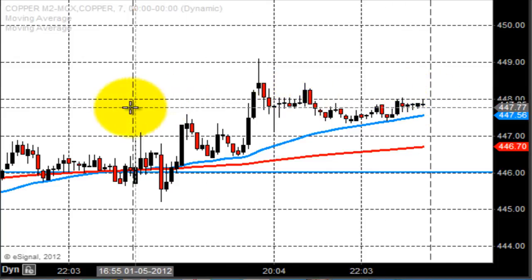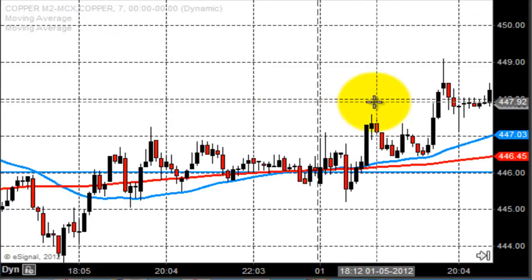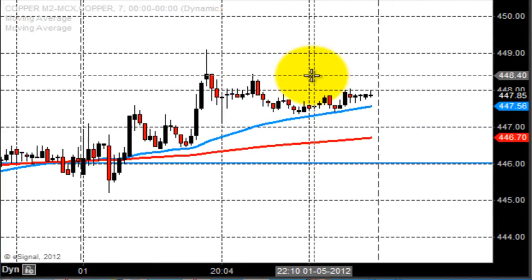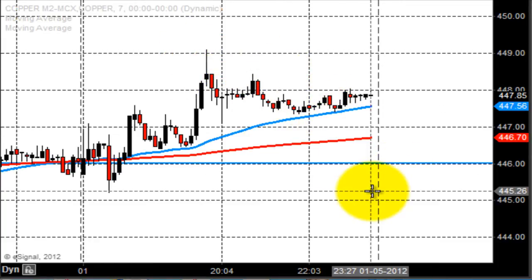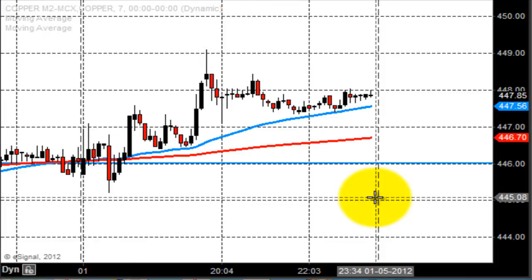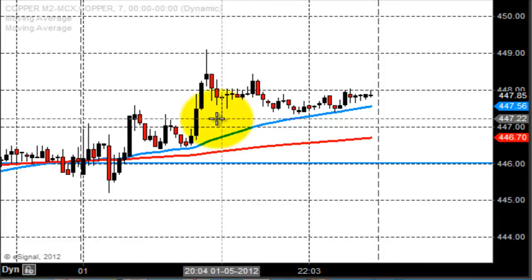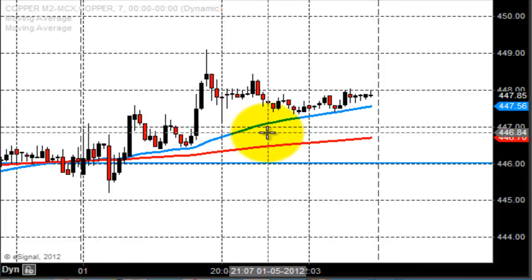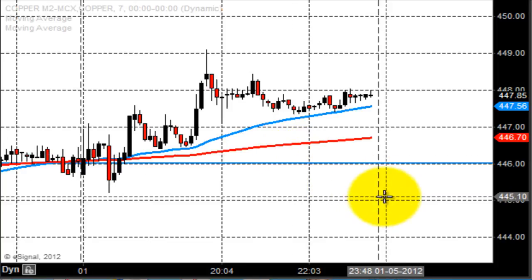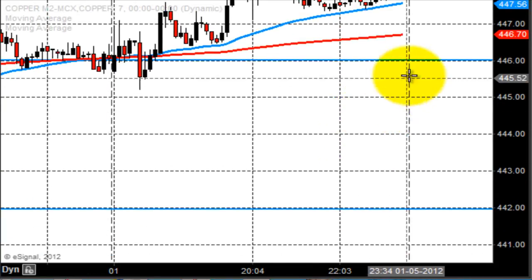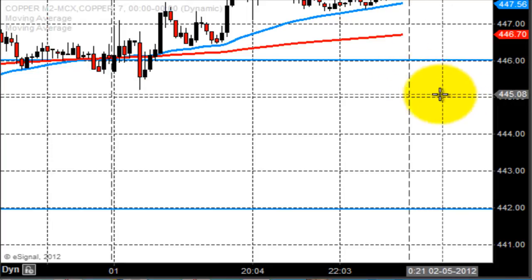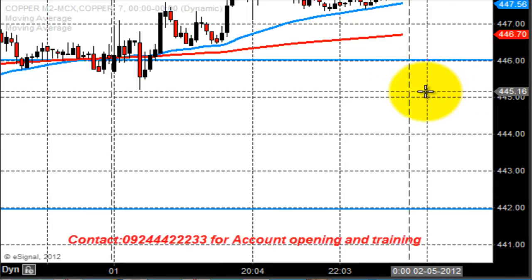We can say that there is some selling on tops, but though there was some selling on top, it is not a confirmation that the market can go down, because it is the tendency of some traders, whenever they see 2 or 3 tops when the market is in a good trend, to go for selling. Sometimes it works, sometimes it hurts, most of the time it hurts. So what we are trying to say is that today also we are expecting copper to stay in uptrend, but